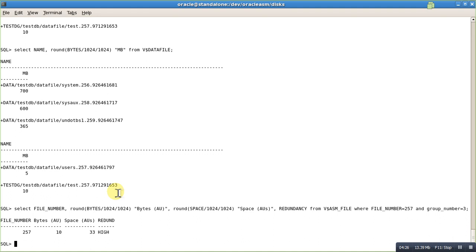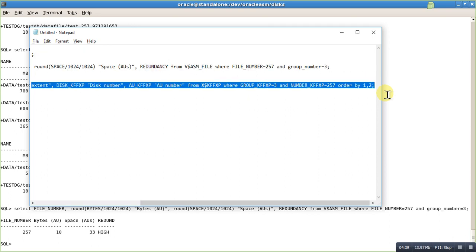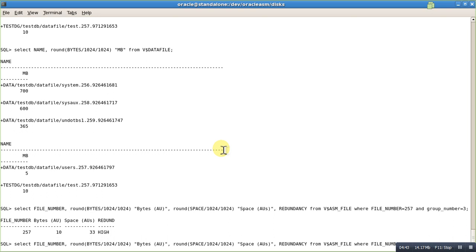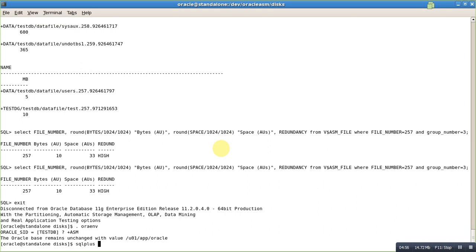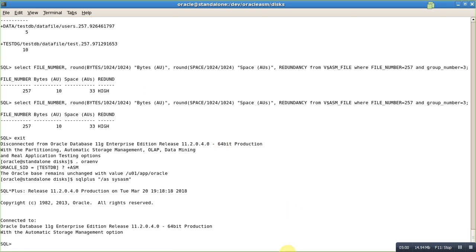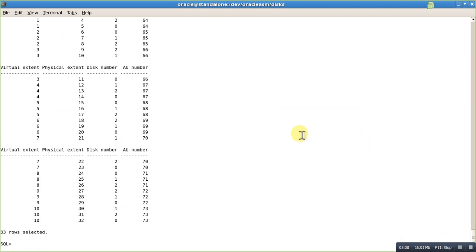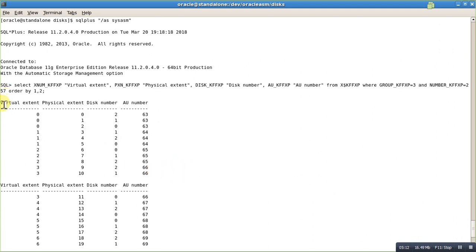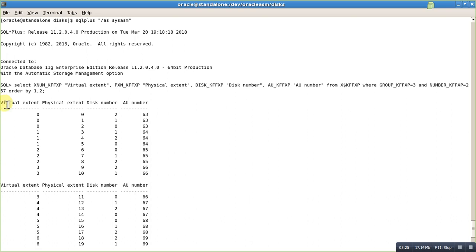Let's try to see the virtual extents and the physical extents of this data file. Let me run another query. To do this, I'll have to connect to the ASM instance. From this output, we can clearly see that every virtual extent has 3 physical extents. So for the 10 MB data file, 10 virtual extents got created, and each virtual extent has 3 physical